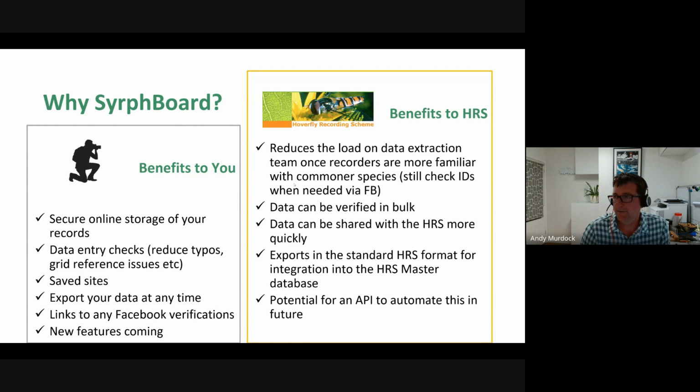And obviously, once people get more familiar with species, it takes some of the pressure off by people recording them themselves in SyrphBoard. If you need a verification, obviously you still do, and you'll still see people like Paul and myself posting for ID support, even though we're very familiar with some of the other species now, having been doing it a few years. So that would take some of the pressure off the data extraction team because they're not having to view those posts and